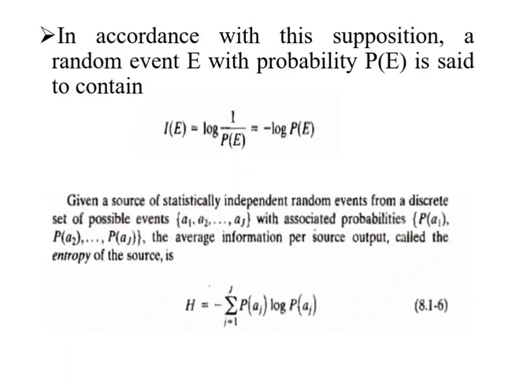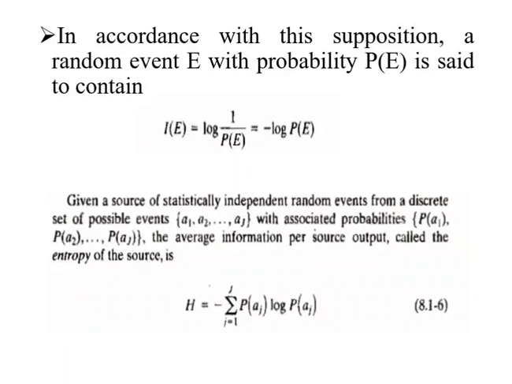If P(E) is 1, I(E) is 0 and no information is attributed to it, because no uncertainty is associated with the event. No information would be transferred by communicating that the event has occurred. It always occurs if P(E) is 1. The base of the logarithm in the equation determines the unit used to measure information. If the base m logarithm is used, the measurement is said to be in m-ary units.